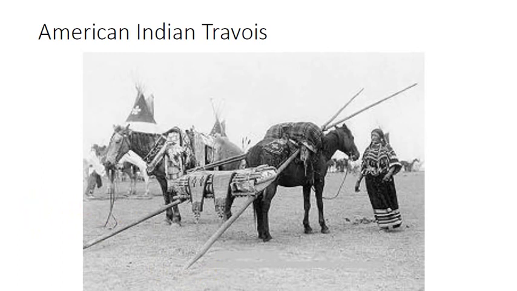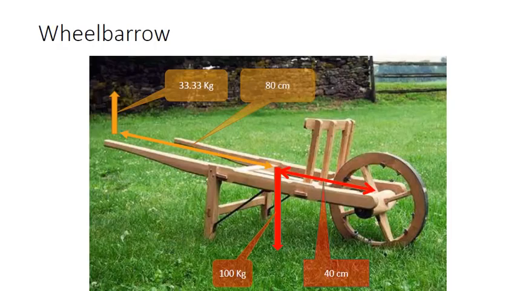Ordinary wheelbarrows are similar in operation to the travois with a slight improvement. The addition of the wheel at the end reduces the friction to a minimum. This is due to the fact that the rolling resistance is much smaller than dragging friction. However, the operator is burdened with carrying a fraction of the load. We can do much better than that.